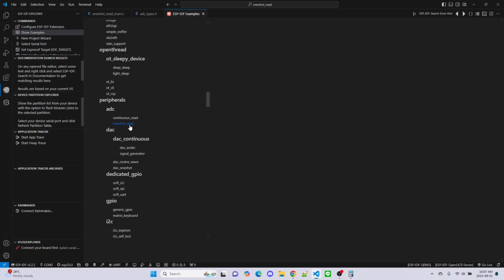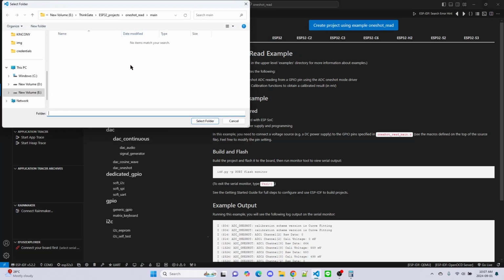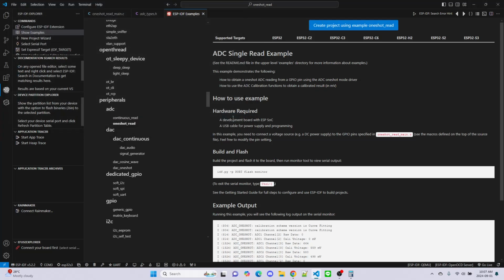I am explaining the one shot mode today, and you can see what is happening in continuous mode afterward. To create the example file, just select this and give your folder path, then it will create